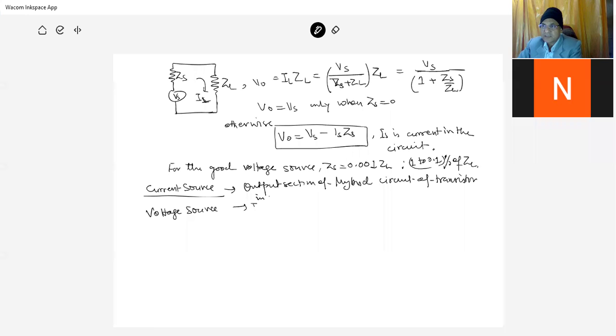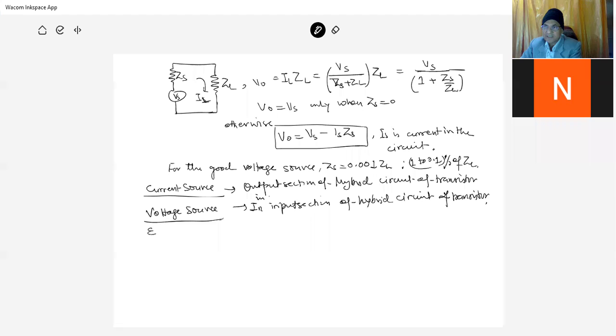Voltage source is in input section of hybrid circuit of transistor. So these are the voltage source, and